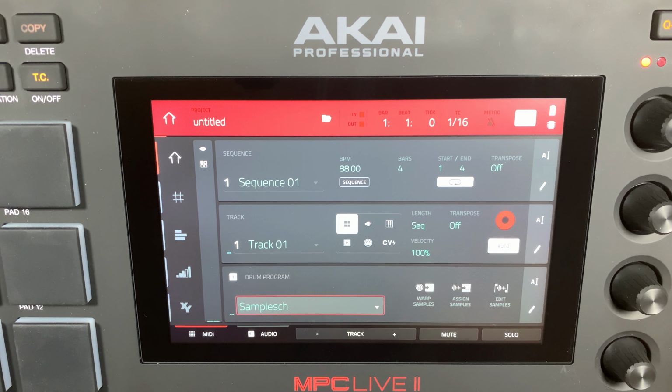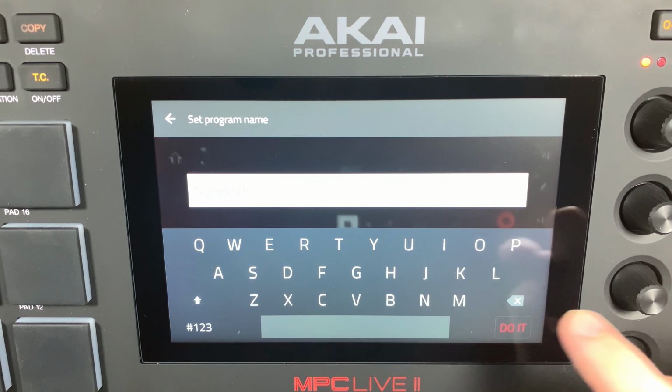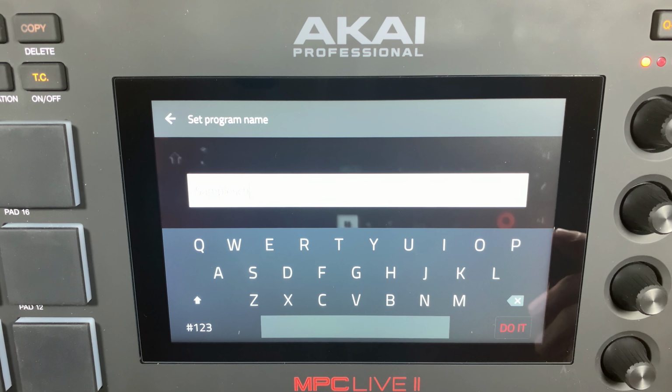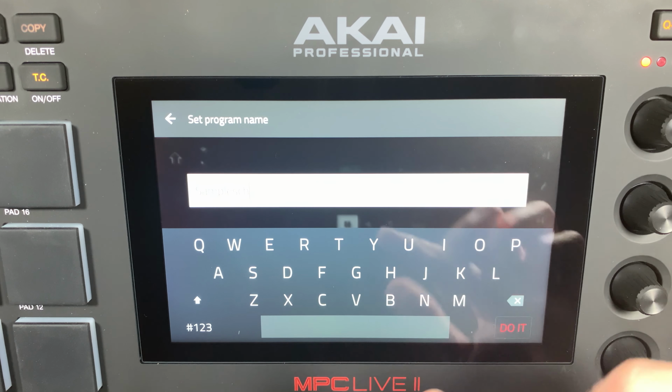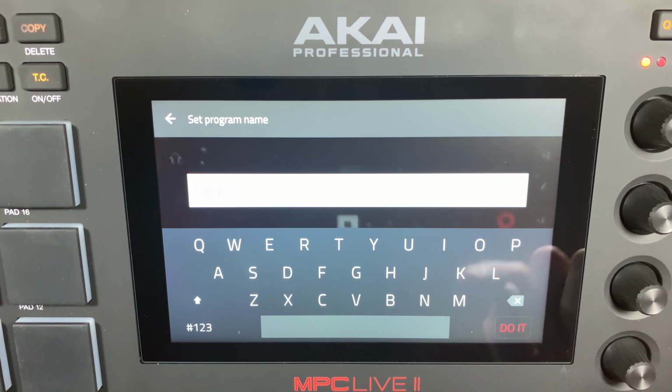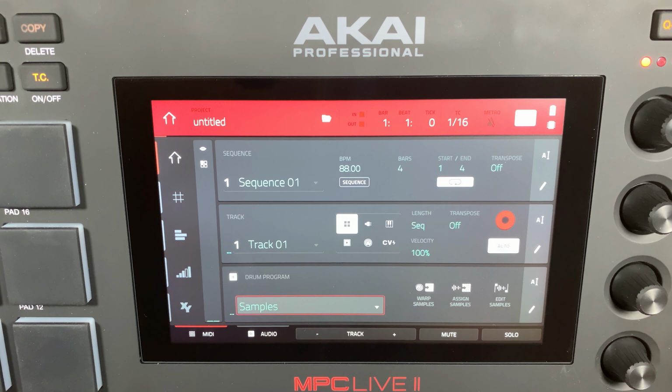And as you can see here, we've got samples CH. Now I have no idea why this does this, but every time you name something on the MPC, it puts CH at the end. I don't know why it does that. If someone knows that, if there's a specific reason for that, please let me know. So I end up having to go in every time, deleting CH and pressing do it. I don't know if that's a default somewhere or something, but every time I record something in, it puts CH at the end. So I've just taken that off now. So now we've got samples, and if I hit these pads,